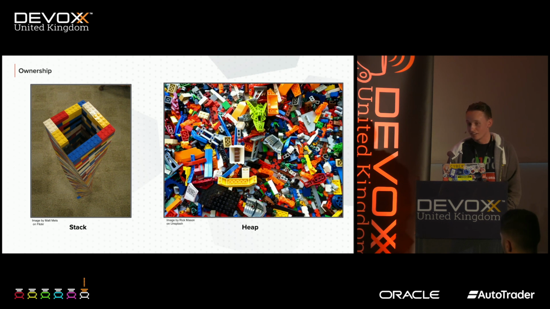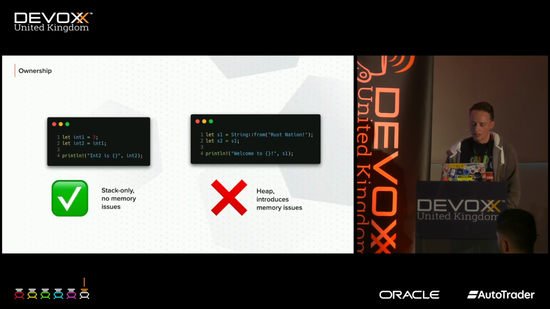Now, the heap is a very different memory model in which you can more or less assign any piece of memory to any address, so long as you keep rough track of which ones you're assigning where. And that is exactly why one of these examples works and the other doesn't. When you're reassigning a value on the stack, you're just copying it onto a new stack variable. But when you do it on the heap, something more complex happens.